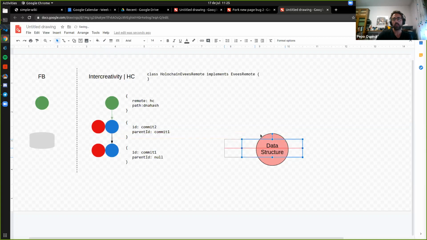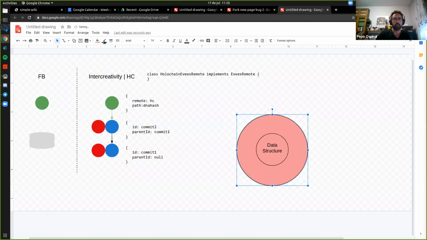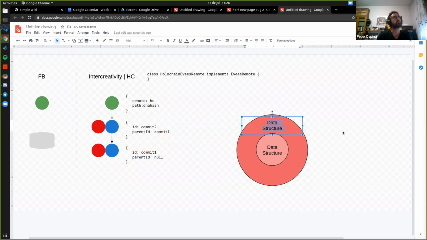And then what I was thinking is that at a more extended level, what you have with the underscore protocol is... sorry, I told you this was the first time that I made this diagram.